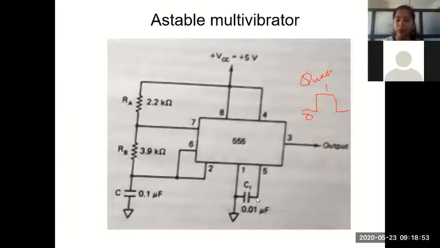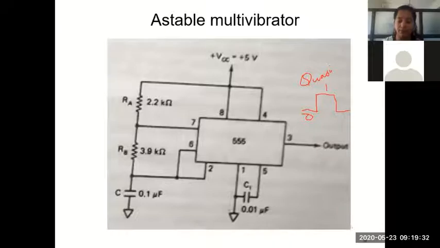This control voltage pin also, I told you, is used to generate an external voltage other than 2/3 VCC to the upper comparator. If you remember, pin 5 is connected to the upper comparator where it gives a reference voltage of 2/3 VCC. If you are satisfied with 2/3 and don't want to change it, just use a capacitor of 0.01 microfarad from pin 5 to ground. That's what we have done. So the comparison signal to the upper comparator is 2/3 VCC.